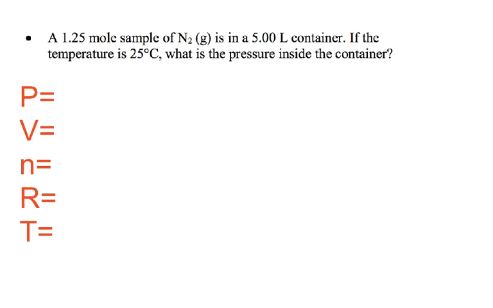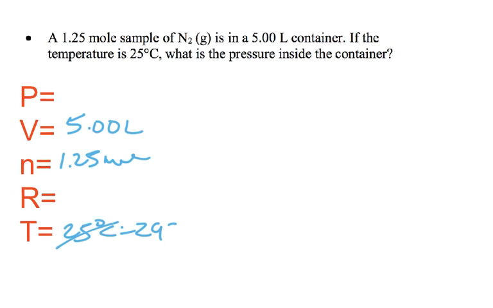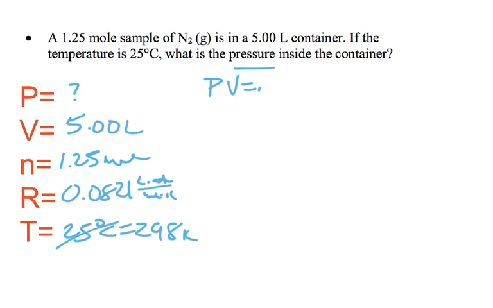Okay, the second one here, a 1.25 mole sample of nitrogen, and it's in a 5-liter container. If the temperature is 25 degrees, which we're immediately going to change to 298 Kelvin, what is the pressure? And we know that R is 0.0821 liter atmospheres per mole Kelvin. Now again, all of my units are correct except for Celsius, and I fixed that. So I'm going to solve for this here. So PV equals nRT, which means P equals nRT